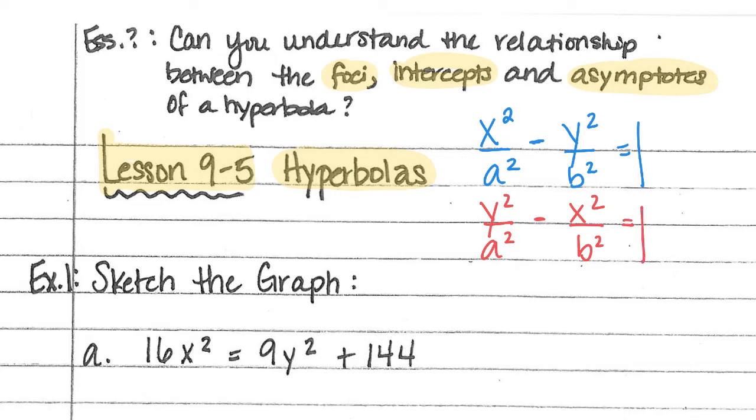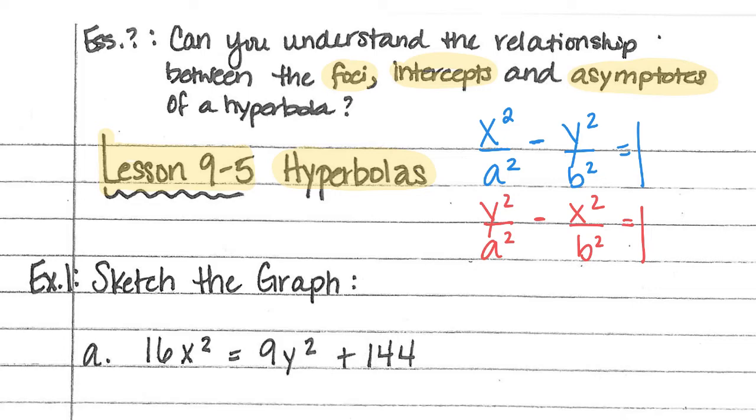Now if you notice, before the a squared and the b squared changed. In this case, the a squared is going to stay. And what do you notice changing this time? See how the x squared is first in the blue and the y squared is first in the red? So now the x and the y are going to flip-flop, and this is where we learn how to graph